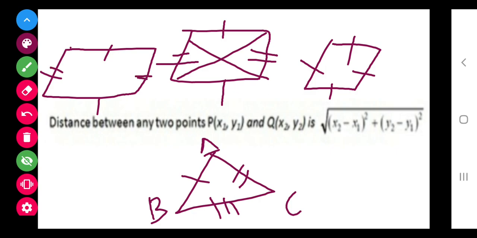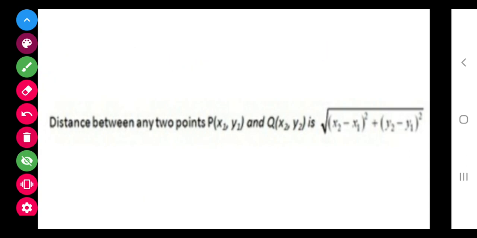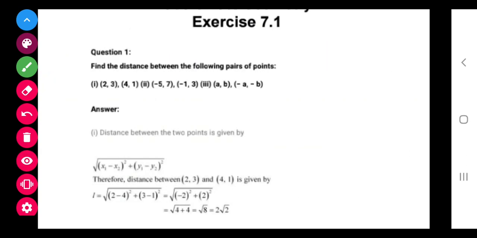So class, all these applications are there that we can use. I am telling you 1-2 questions, and the rest of the exercise pics I will send. You have to complete it. Only 10 questions are there, and those are also very easy. Still, if you find any problem in any of the questions, you can ask me. So class, let's start with it.